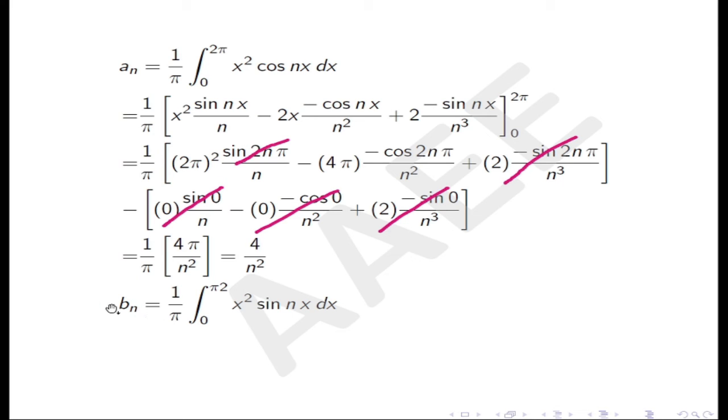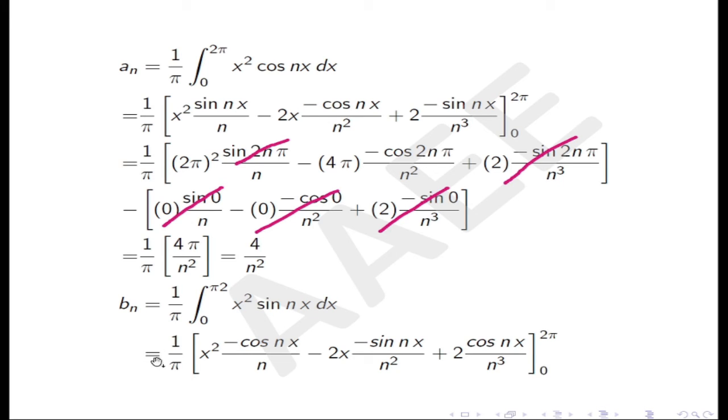Now let us find bn is equals to 1 upon pi integration from 0 to 2 pi. This will be x square sine of nx, and that will be 1 upon pi, x square minus cos of nx upon n, and this will be minus 2x minus sine of nx upon n square plus 2 cos of nx upon n cube, 0 to 2 pi,